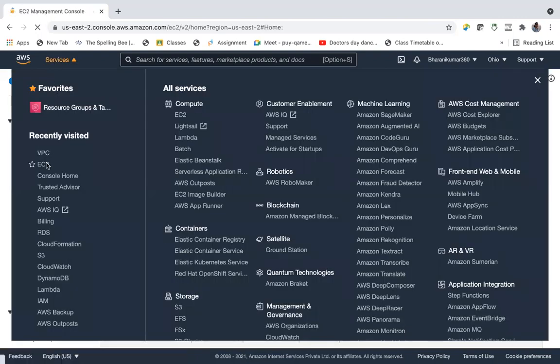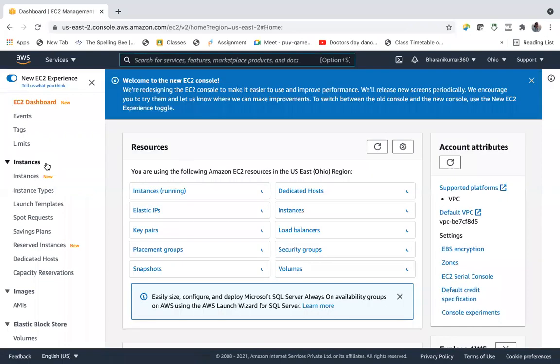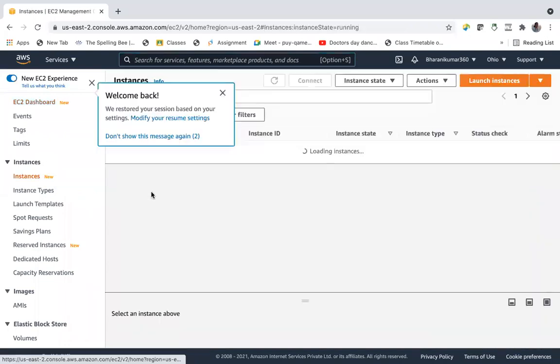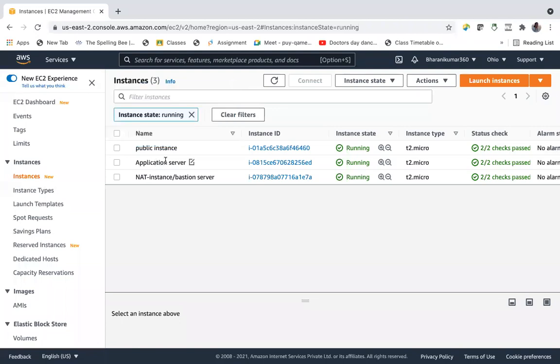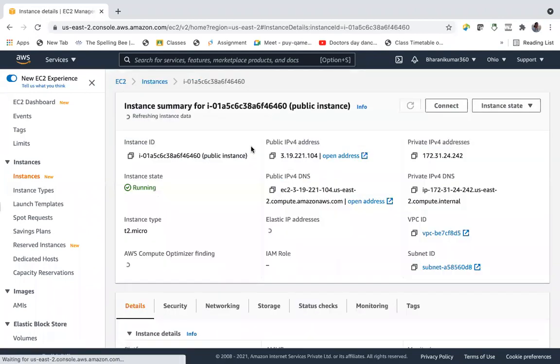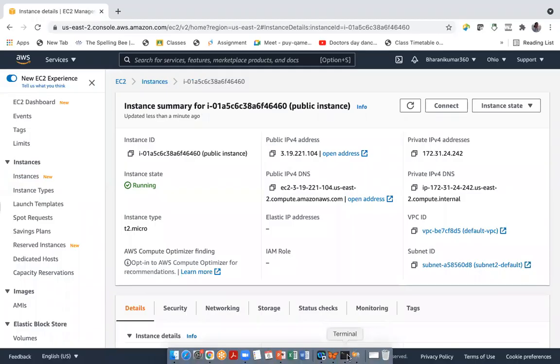Now go here, EC2. Let us connect to the application server using the public instance, because the application server is private now. Already in SSH.